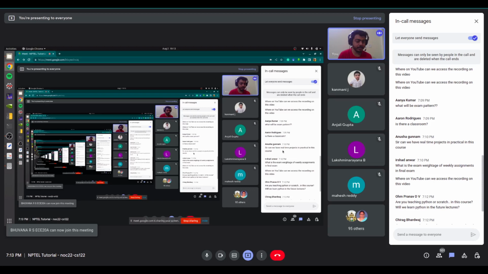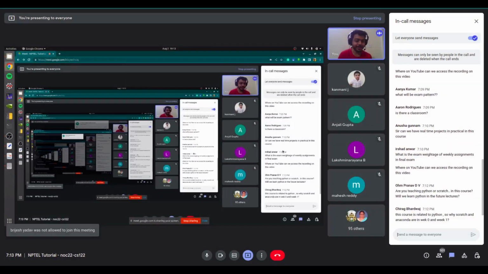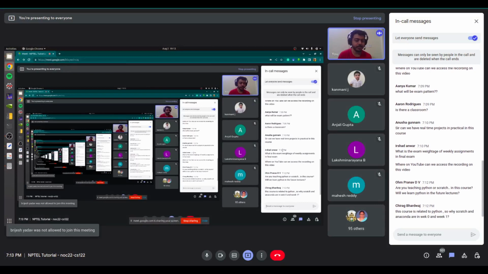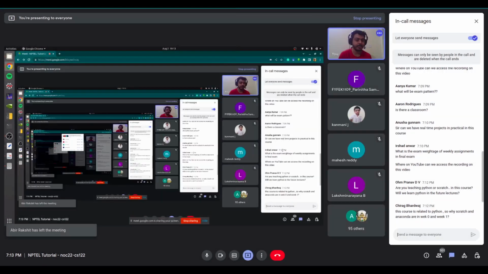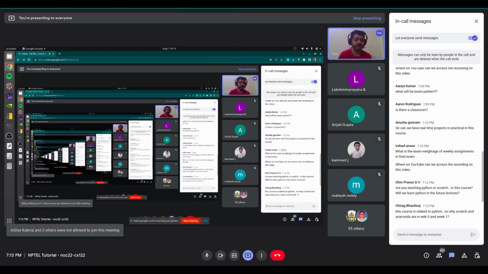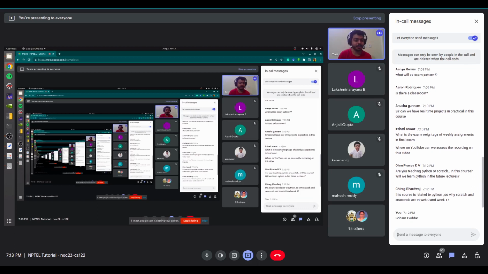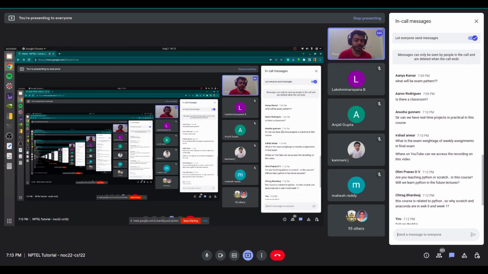Okay, what will be the exam pattern? I am not aware of the exam pattern. I am not one of the coordinators of the course per se, so I'm not in charge of the exam part. I'm just in charge of taking these interaction sessions. So you have to see the exam pattern on the course website. But I think weekly you will have some quizzes and programming assignments that you have to solve, and at the end I think there is an exam for every NPTEL course, but I am not very sure what exactly the pattern will be. You will get to know once the course progresses.